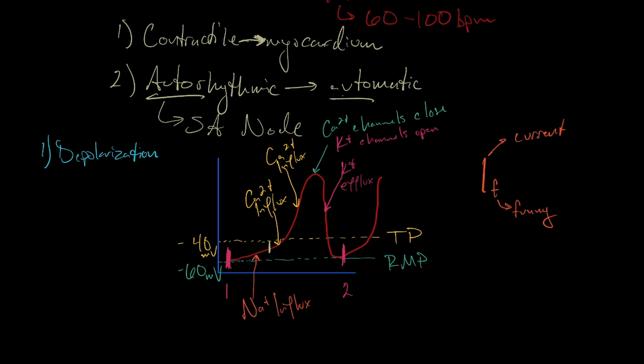Think about where you have sodium and potassium relative to the cell. Which one do you have primarily inside the cell? You have primarily potassium. Which one do you have primarily outside the cell? You have primarily sodium. Right. So if